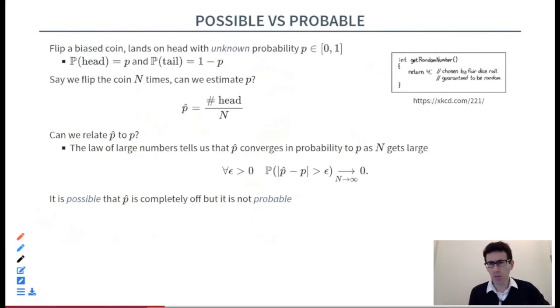Or sorry, p equal to 0. So these results are not saying that it's impossible for me to be very unlucky. It says that it's very improbable for me to get unlucky. And this subtle distinction is something that we have to account for when we talk about machine learning, because otherwise, when